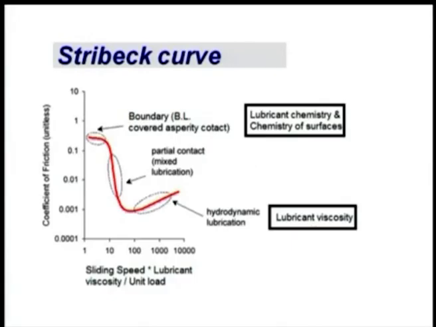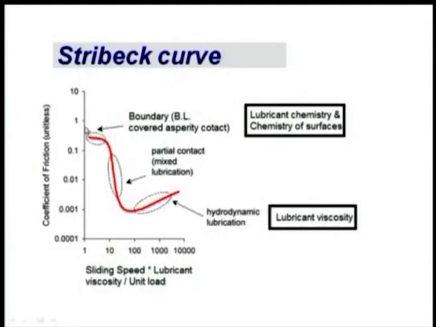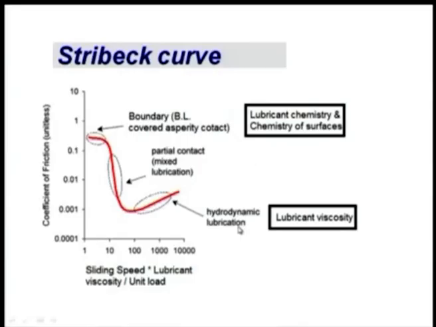So, depending on the bearing number, we can divide the lubrication regime into 4 broad categories. First is boundary lubrication. And if you want to develop a new category, which is dry lubrication, when there is no intended lubrication, that is also possible. Second one is mixed lubrication or partial contact lubrication. Mixed lubrication mechanism is very commonly used compared to partial contact lubrication, and finally comes hydrodynamic lubrication, where the intermediate will be